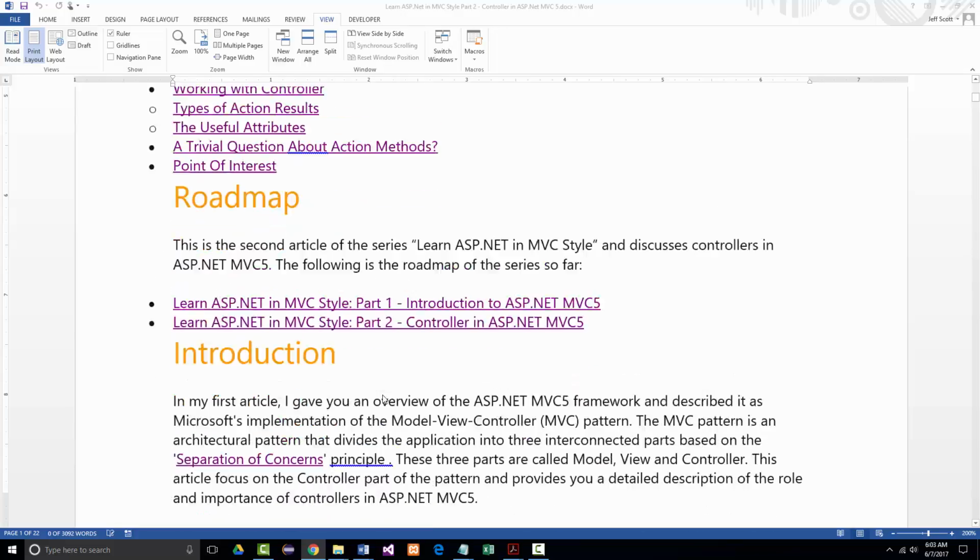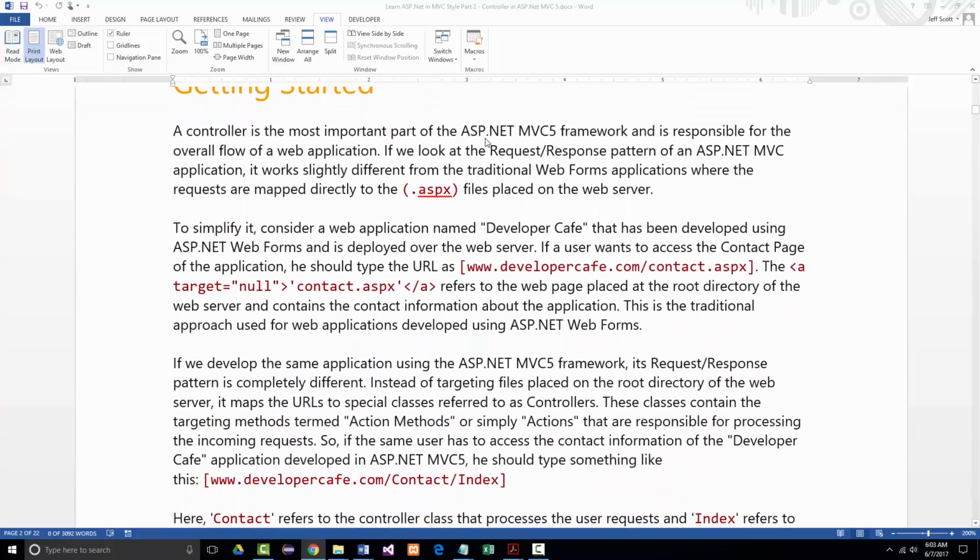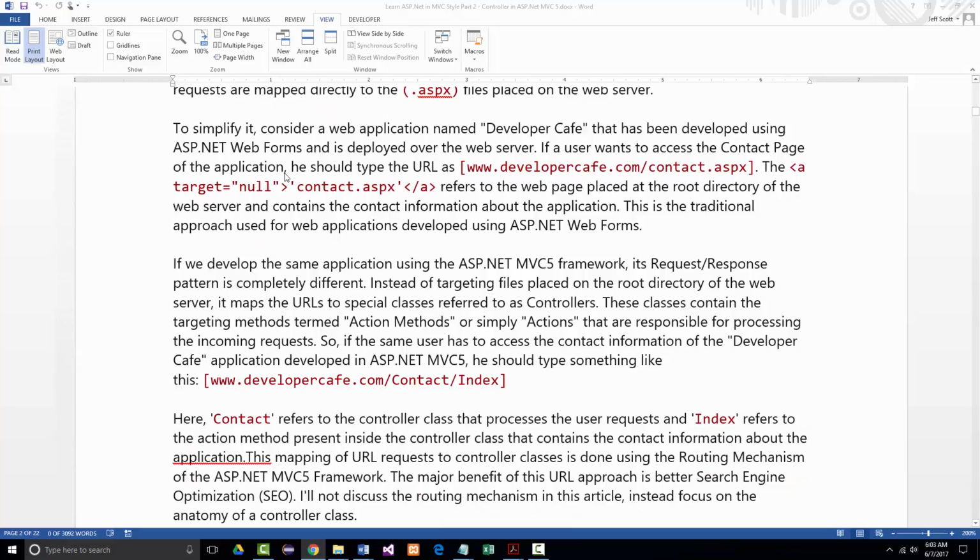This one is on the controller. And the author mentions the controller is the most important part of really any ASP.NET MVC framework. It's responsible for the overall flow of the application. And the author mentions in here that if they simplify it by going through the difference between using a web